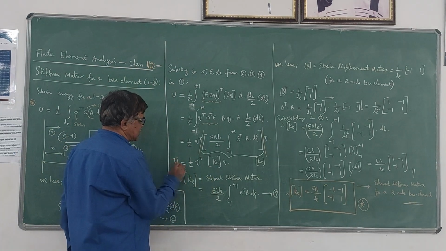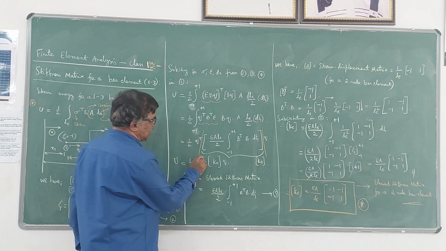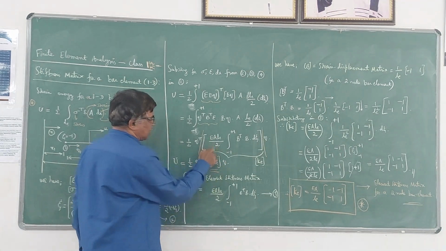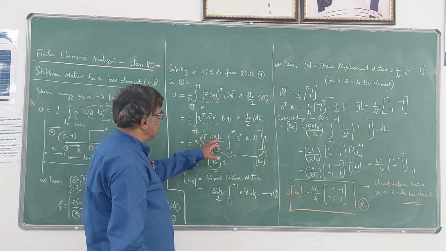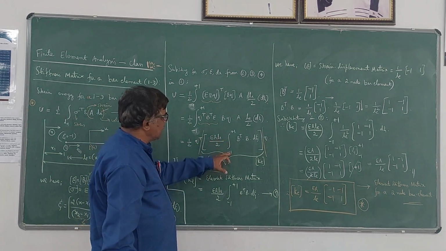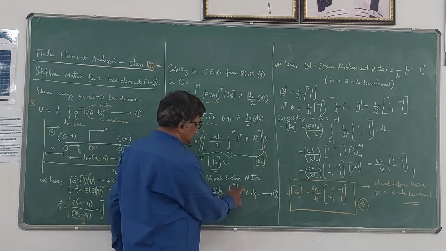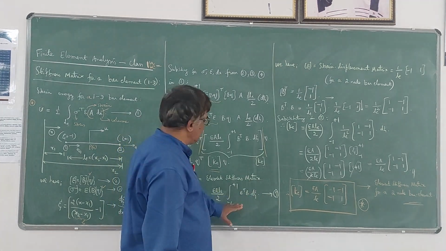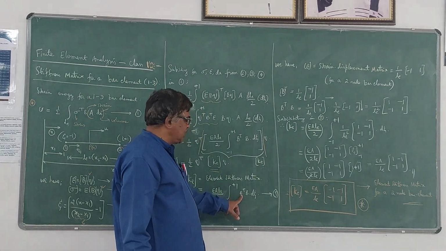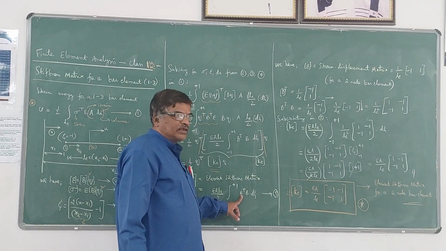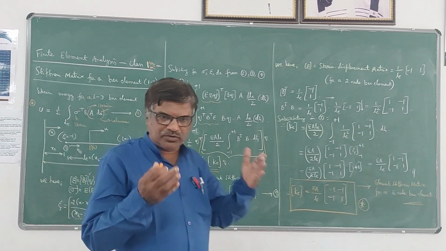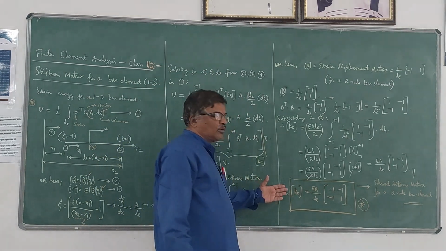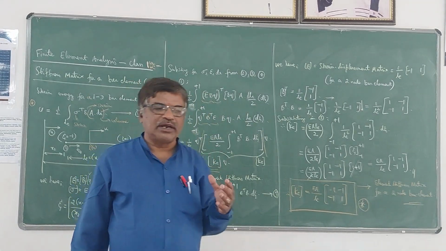So U is equal to half into Q transpose into KE into Q. So this KE is nothing but this one: EA LE by 2 into integral -1 to +1 B transpose into B into d zeta. So now what we have to do here is, for this B, the strain displacement matrix, we have to substitute, and then if you simplify and integrate, you are going to get the element stiffness matrix for the